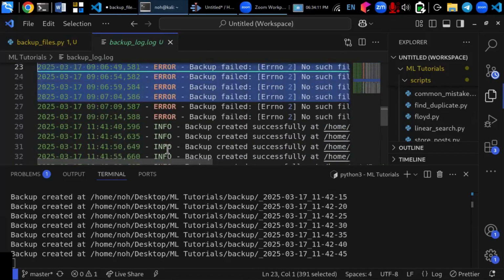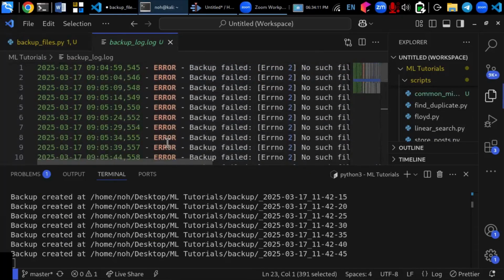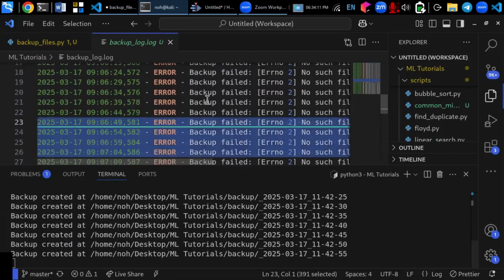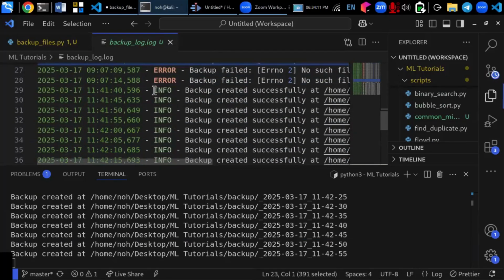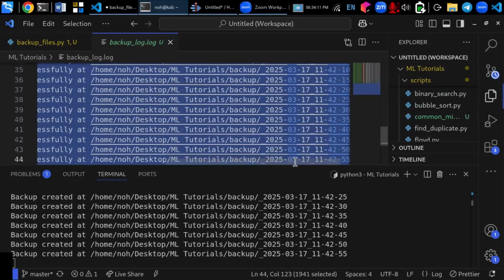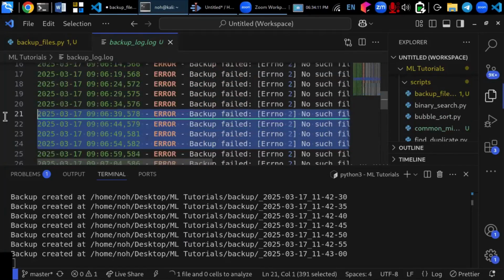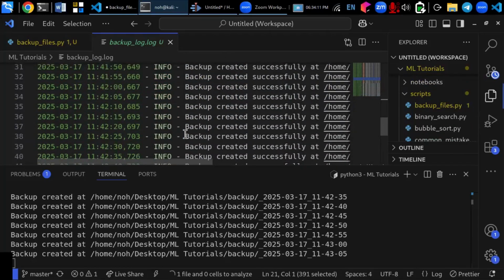All right. Real-world use cases and benefits of running Python scripts automatically. Now you might be wondering why this kind of automation is important. Here are a few real-world examples where automating Python scripts can save you time. Example 1. Backup automation.